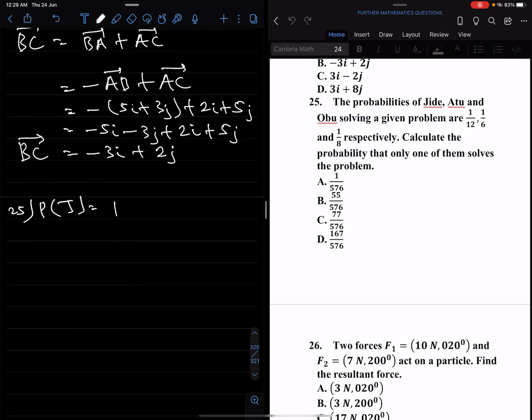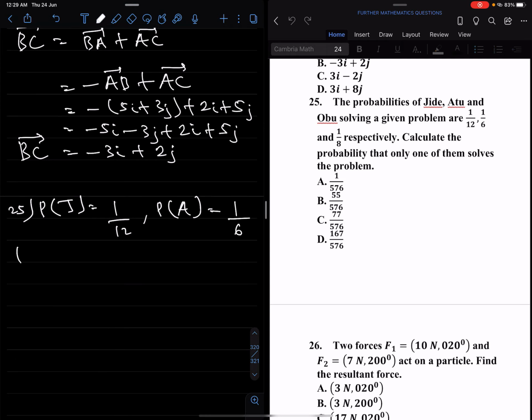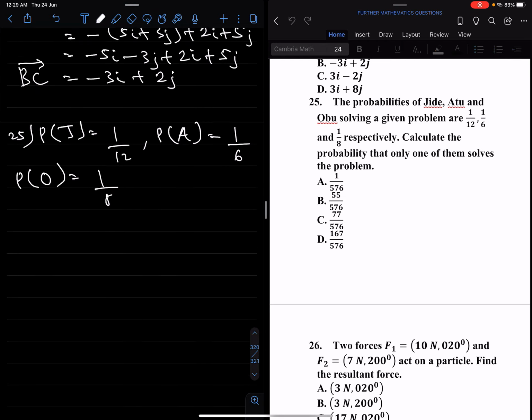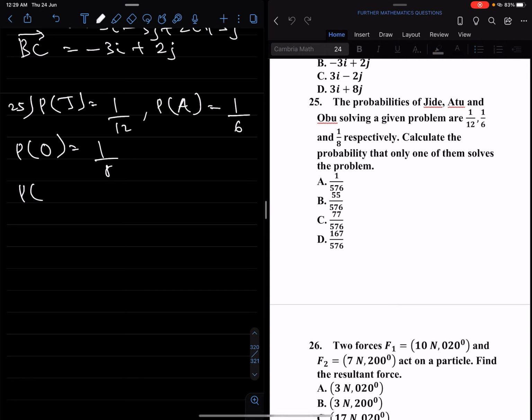Probability of Jide solving it is 1 over 12. Probability of Atu solving it is 1 over 6. And the probability of Obu solving it is 1 over 8. The probability that only one of them solves it is the same as only one of them. Probability that only one of them solves the problem